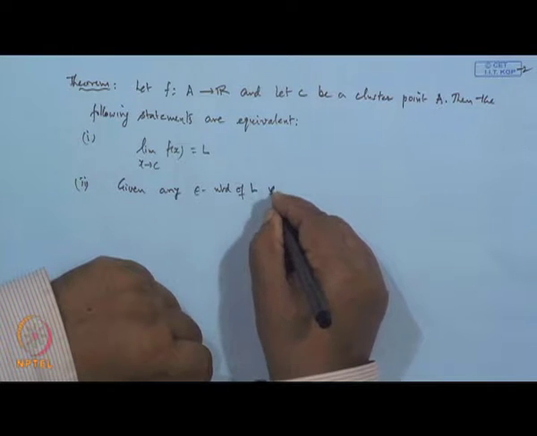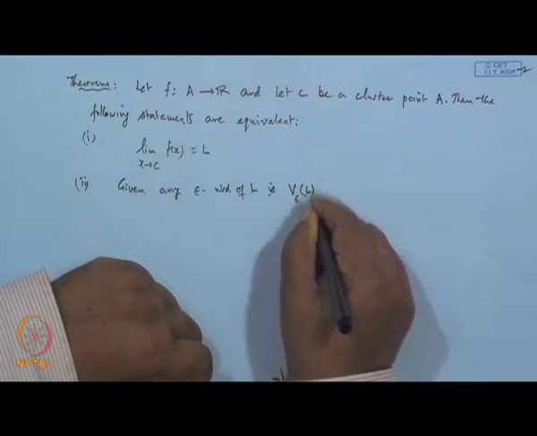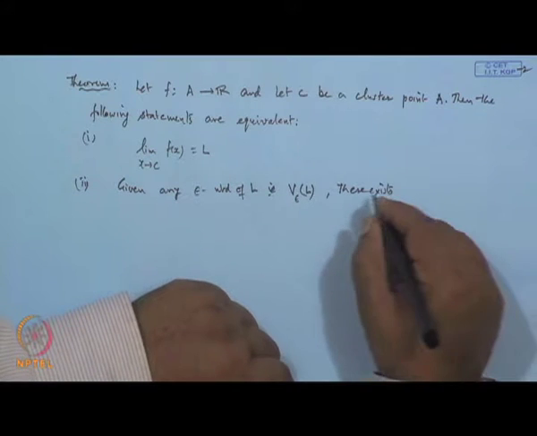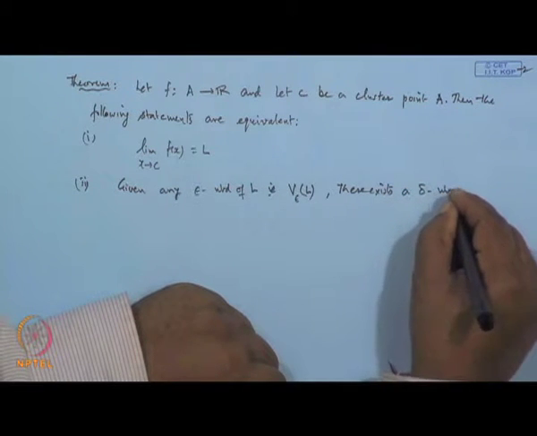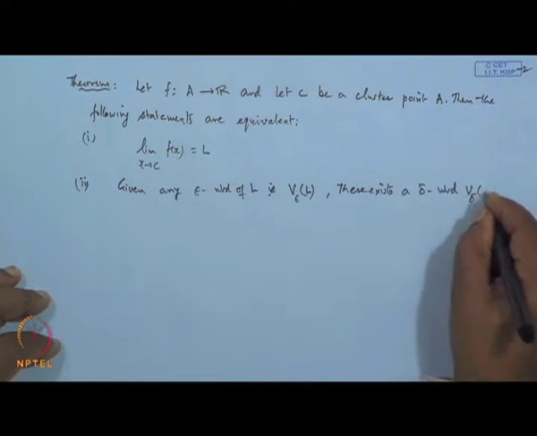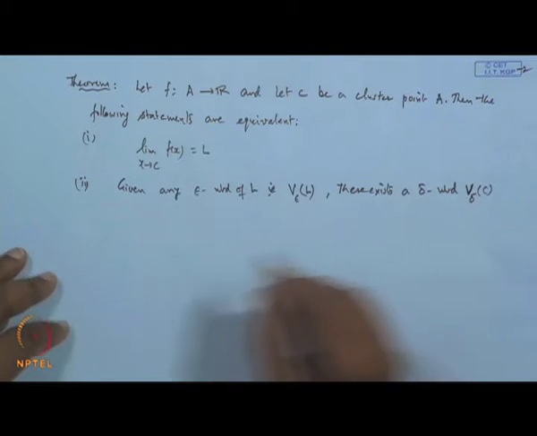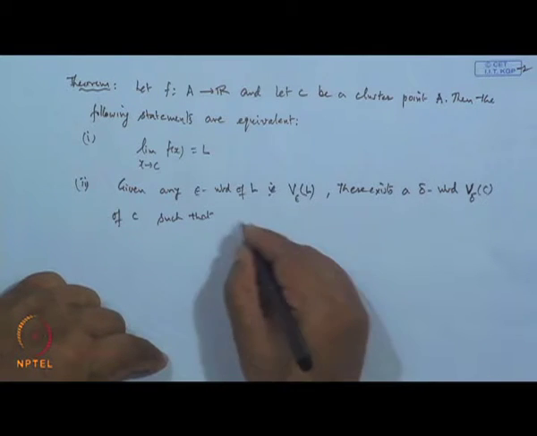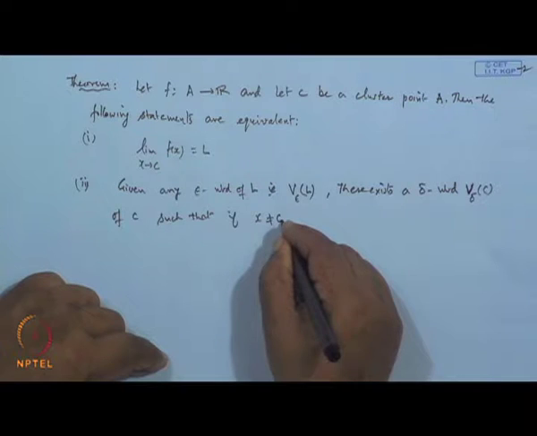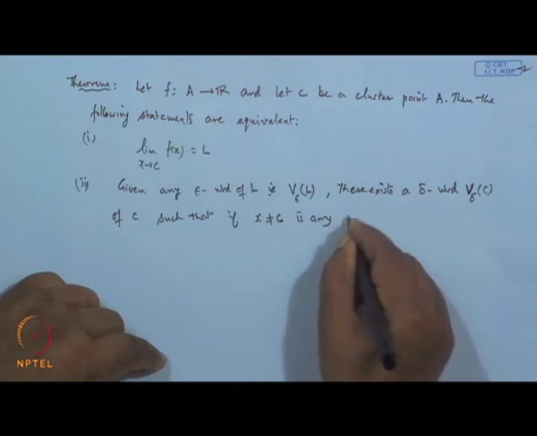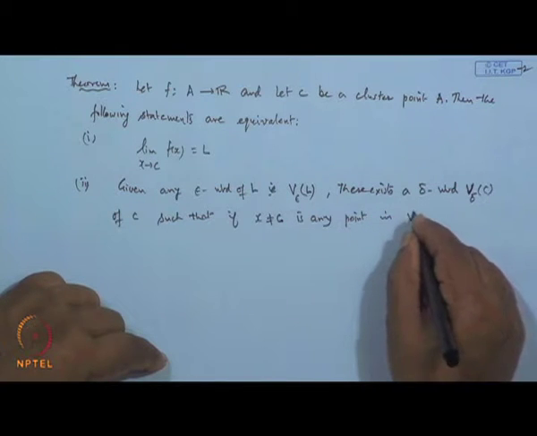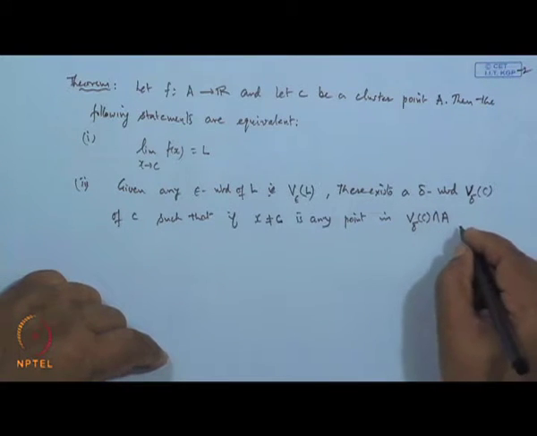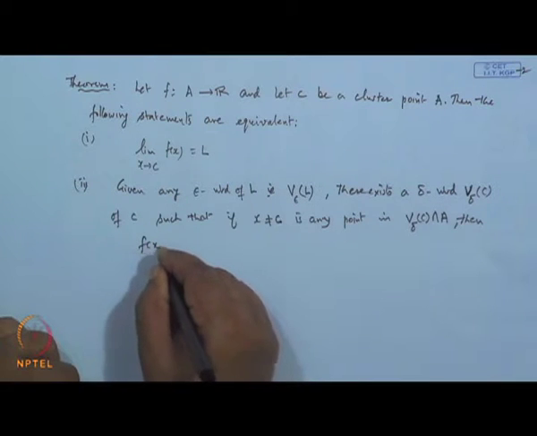which we denote by V_epsilon(L), there exists a delta neighborhood, denoted by V_delta(c), the delta neighborhood of c, such that if x is not equal to c is any point in the common portion of V_delta(c) intersection A, then f(x) belongs to